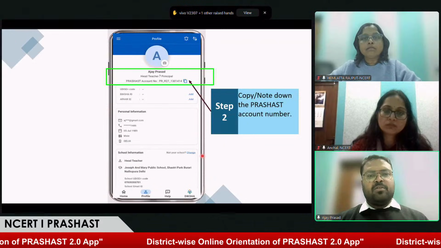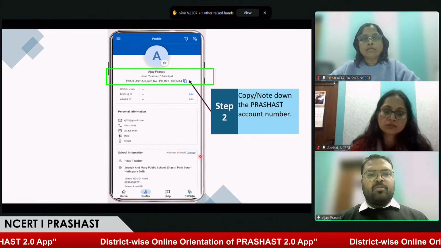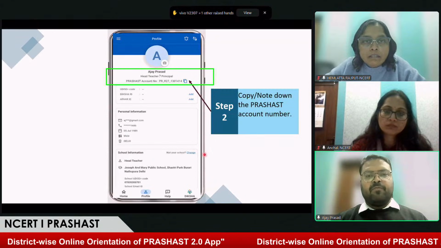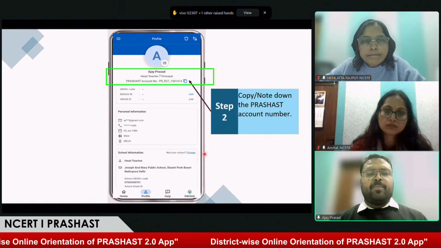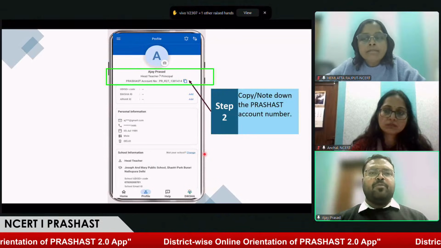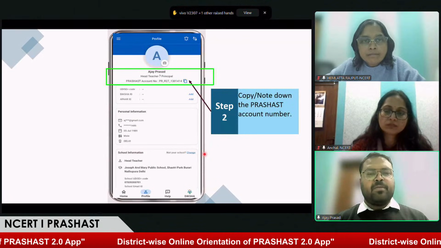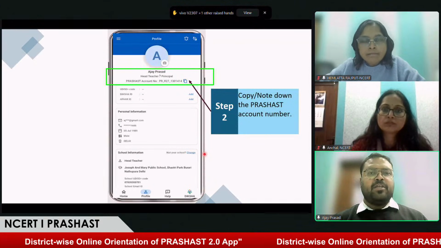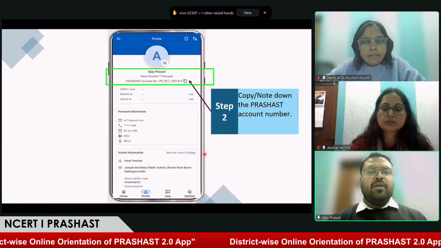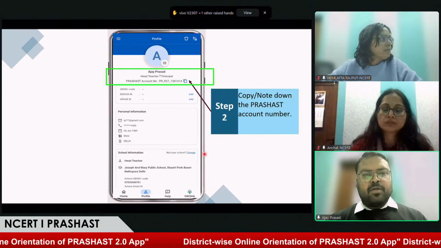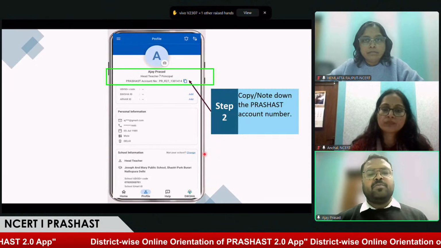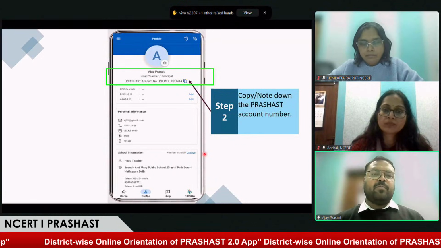Similarly, for a teacher also, we can see the change option in the profile section, beside the school information. So a teacher can also apply for transfer of school or promotion. In case there has been a promotion, the teacher will get an option to select the role. They can select head teacher and enter the UDISE code. These are the ways a teacher and a head teacher can change profile in case of transfer or promotion.